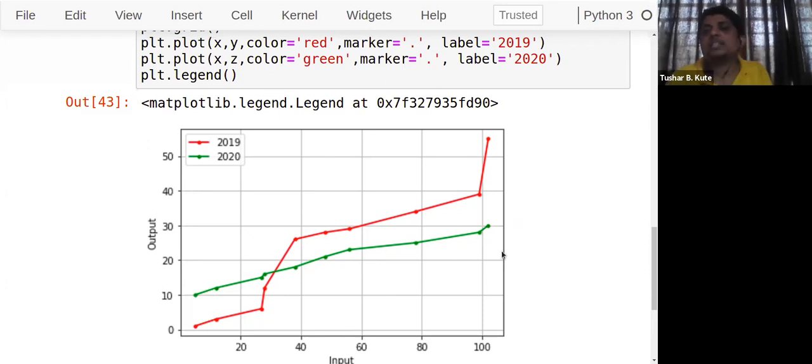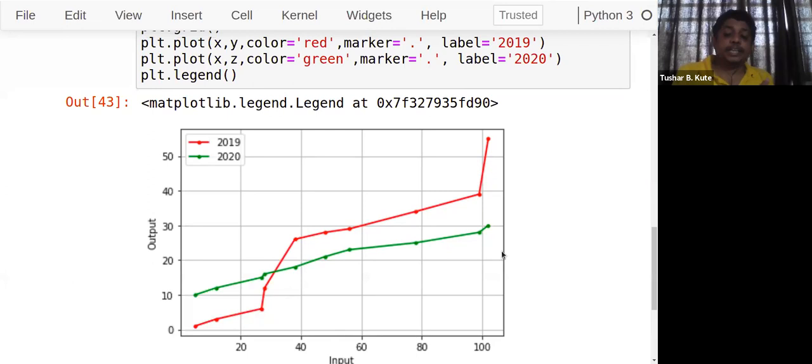Obviously, this is how comparison of two different variables on the plane is possible using line plots. Many functions and parameters that we have seen are common for different kinds of plots: colors, markers, x ticks, y label, x label, titles, or figure size. So it is completely user modifiable. The user will decide how exactly the graph should look. Now this is how I've shown the comparison. I can have any number of such comparisons over here.